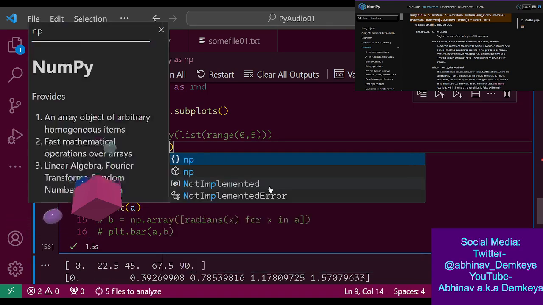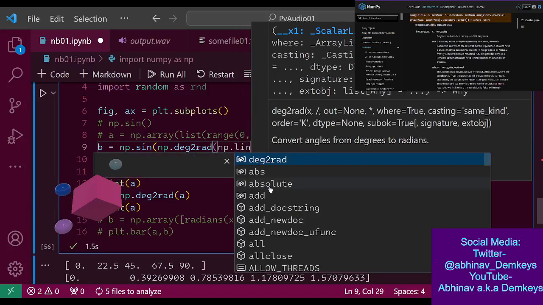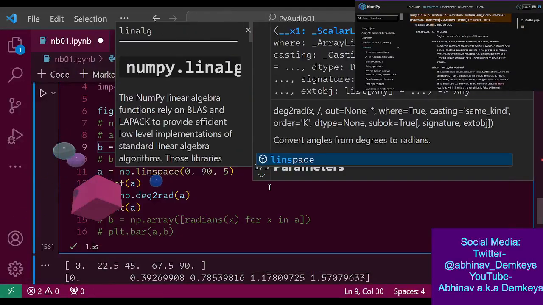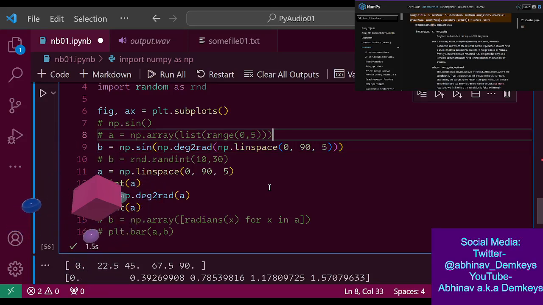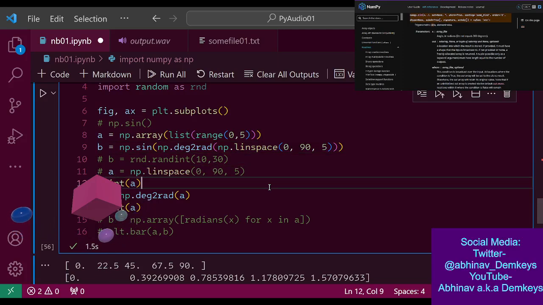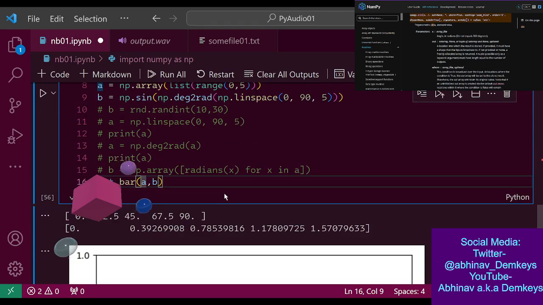So np.degrees to radians, np.linspace, 0 to 90 at 5 steps. So that's going to be our sine values. That should be our sine values, right? Let's get rid of this. And now let's try to plot this.